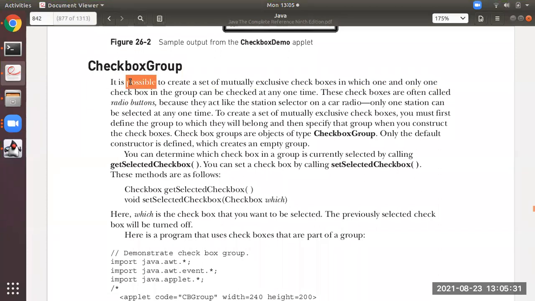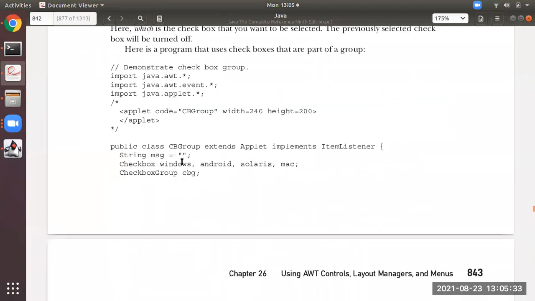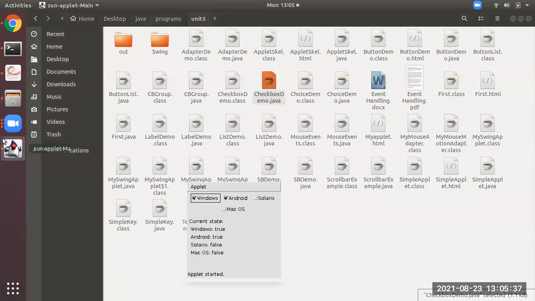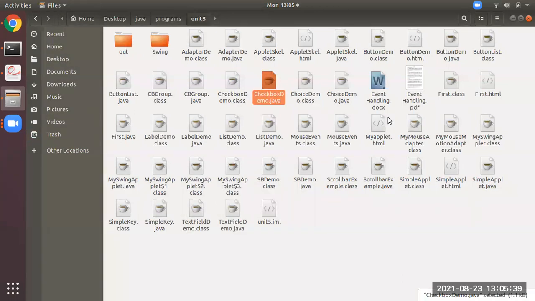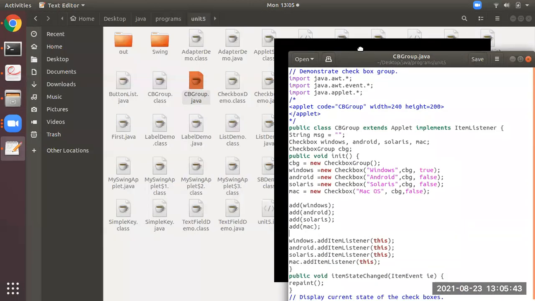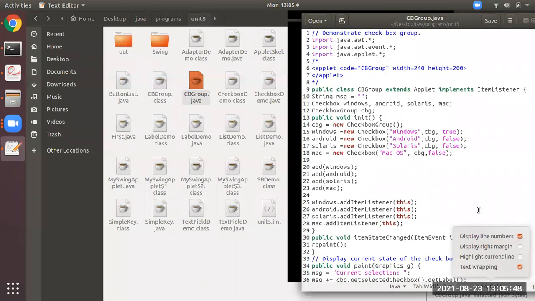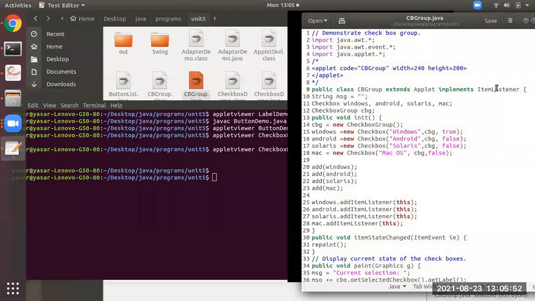So checkbox group, students. What is the name? CBGroup. Same concept. But try to remember the interface.